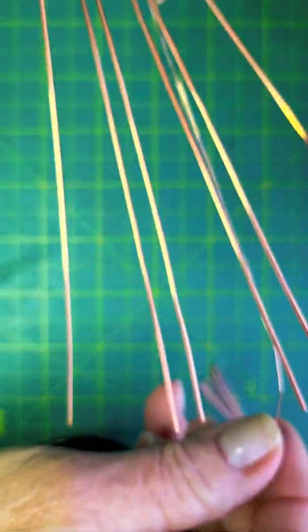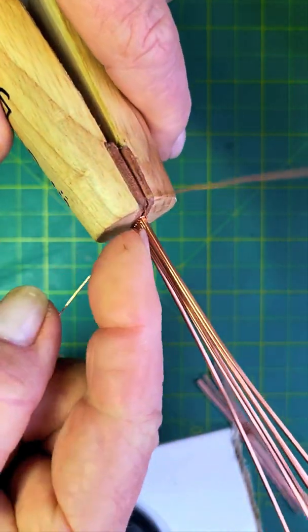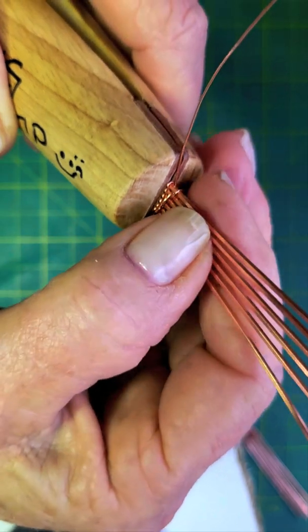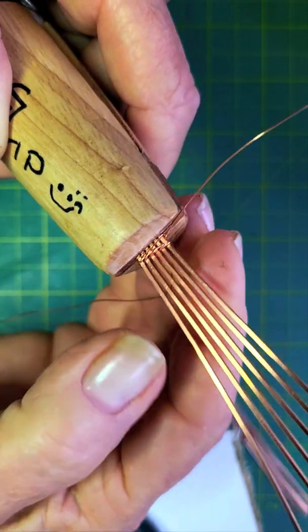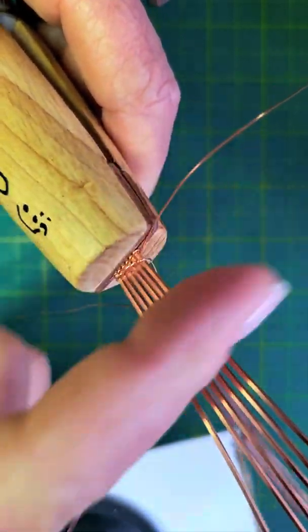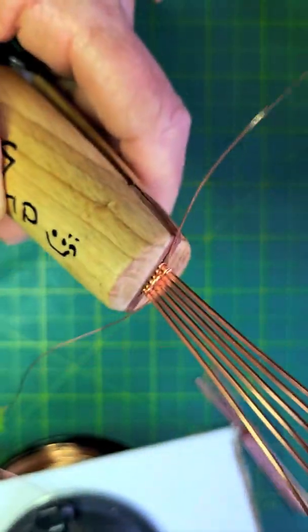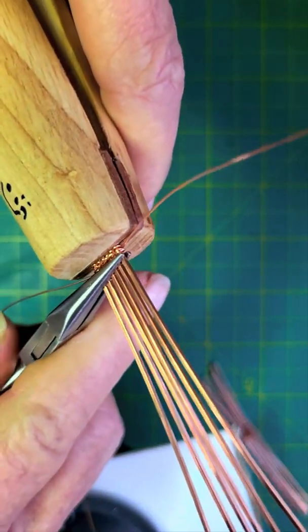Now I'm going to come in between wires 4 and 5. And I'm going to go over wire 6. One full rotation. I'm going to go over wires 5 and 6 twice. I'm sorry, you guys. I'm going over wires 5 and 6 one time, then back in between wires 5 and 6, and over wire 6. And I'm going to cinch, and this is what we should have. Our first pattern